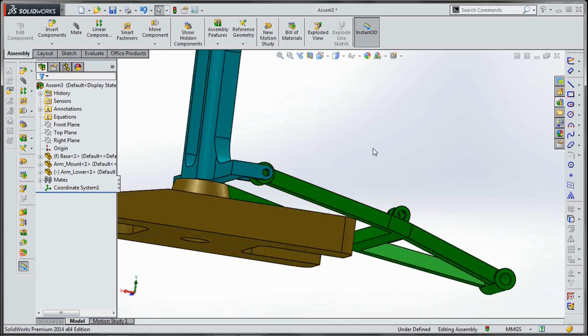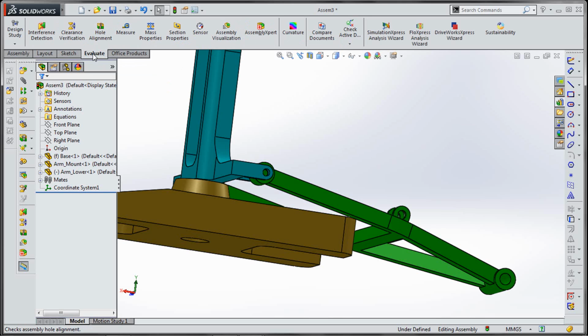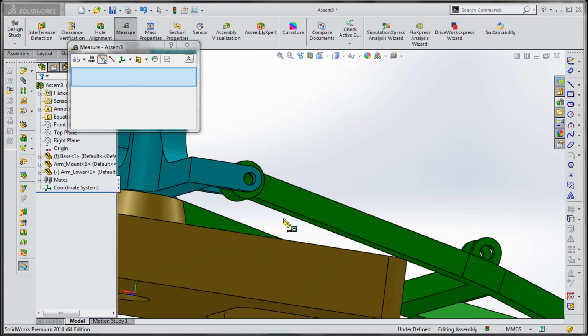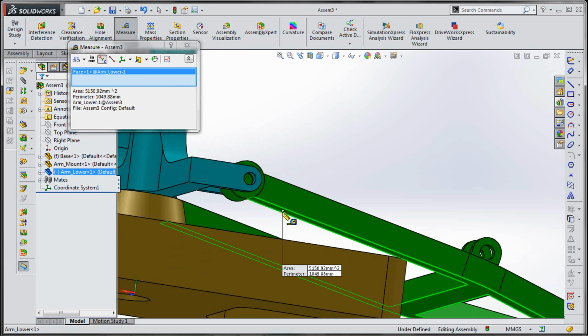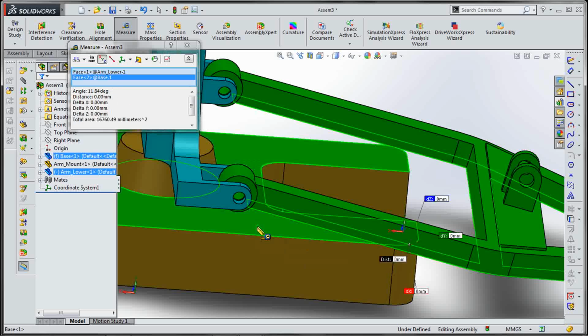And now use the measure tool. You can find the measure tool in Evaluate, Measure, or just press the M key on your keyboard. That's the hotkey. And you can find here the angle between two faces.